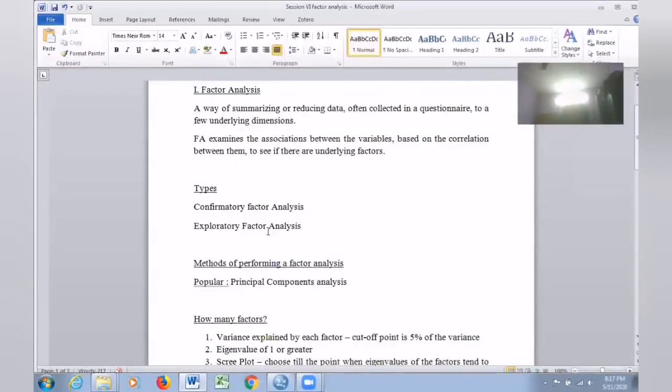If you want to conduct confirmatory factor analysis, then SPSS will not help you. There is another software called SPSS AMOS, which you may have to download or learn separately, and you can conduct confirmatory factor analysis over there. So let me confine myself only to exploratory factor analysis.